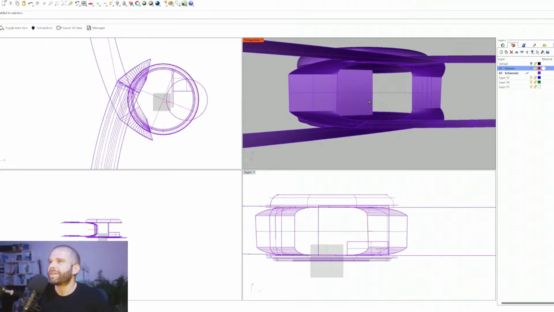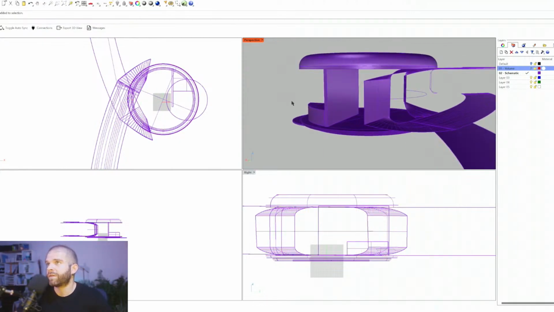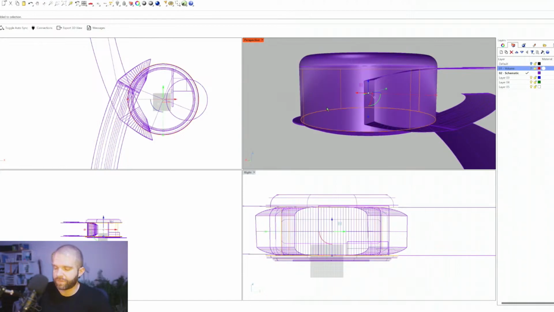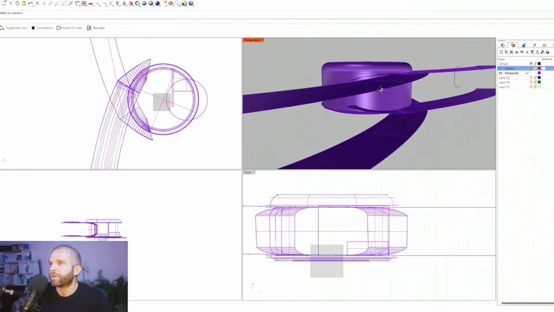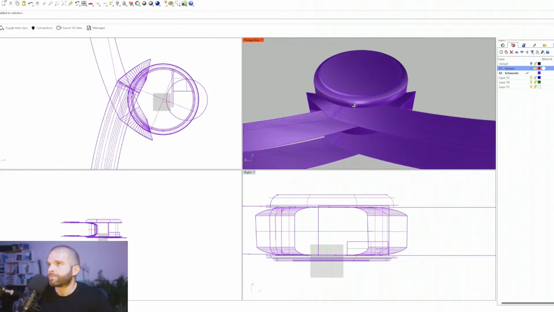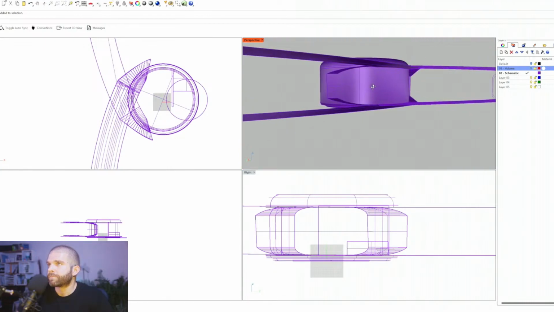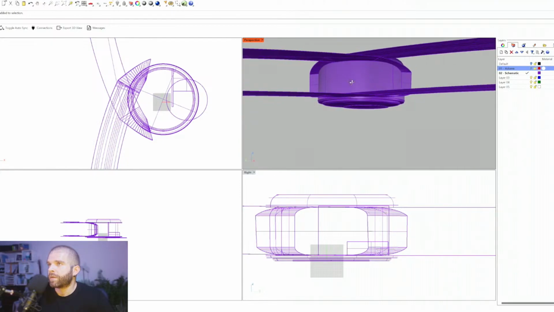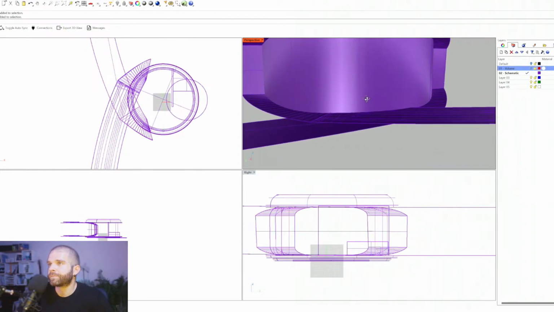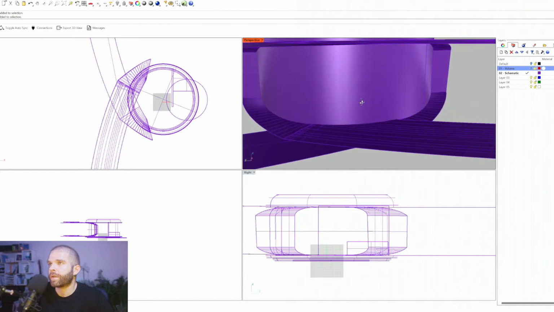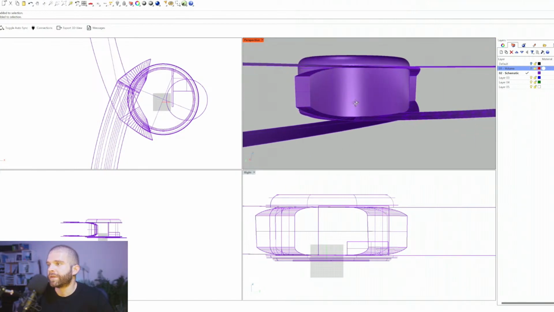Hide. Oh, wait. There we go. Yeah, I guess I don't want to hide this completely. I want to just hide the inside face. There we go. I guess I would probably have to join these together. My problem is I'm being lazy now. Oh,